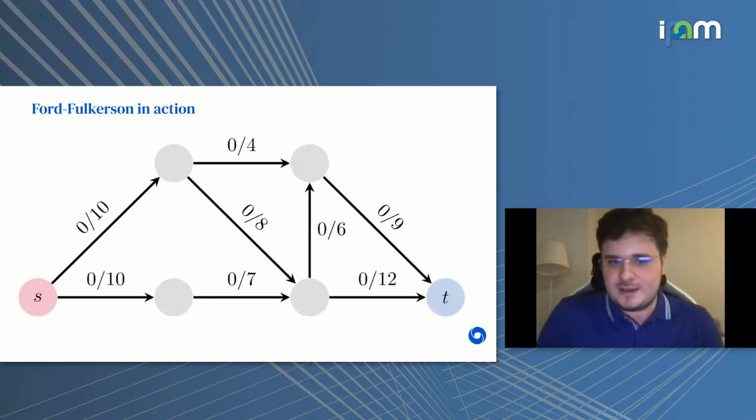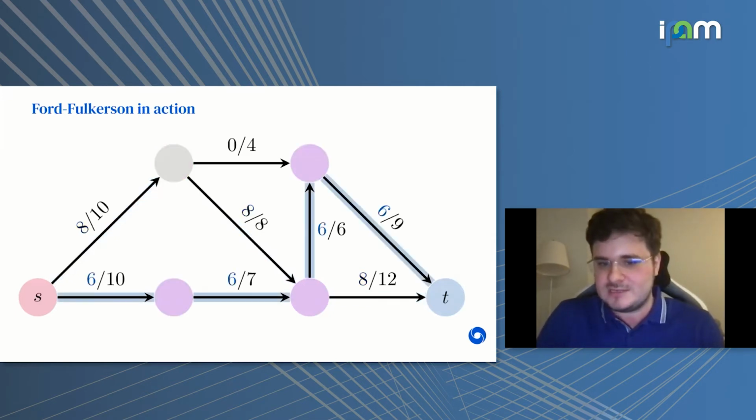Let's say I want to start by unleashing as much flow as possible, and this particular path unleashes 8 units of flow, which is the most I can unleash at this one particular point. Going further, I can find a different path which unleashes 6 units of flow, going down this path down and up. And then I can further saturate the top edge to capacity 10 by unleashing 2 more units of flow